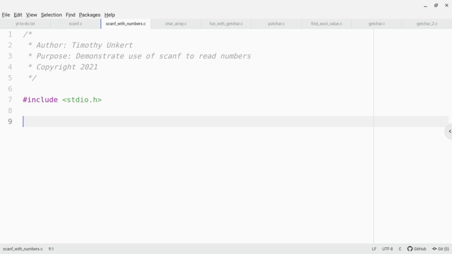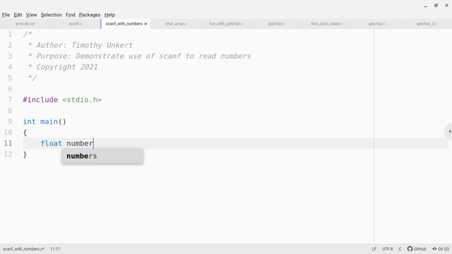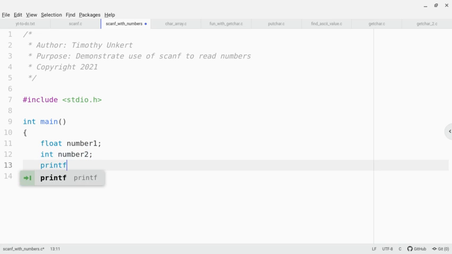So let's get started. Okay, let's create our main function here. And within our main function, I'm going to declare some variables. The first one is going to be a float. We'll call that number1. The second one is going to be an integer. We'll call that number2. Okay. I'm going to printf "enter a number with a decimal"